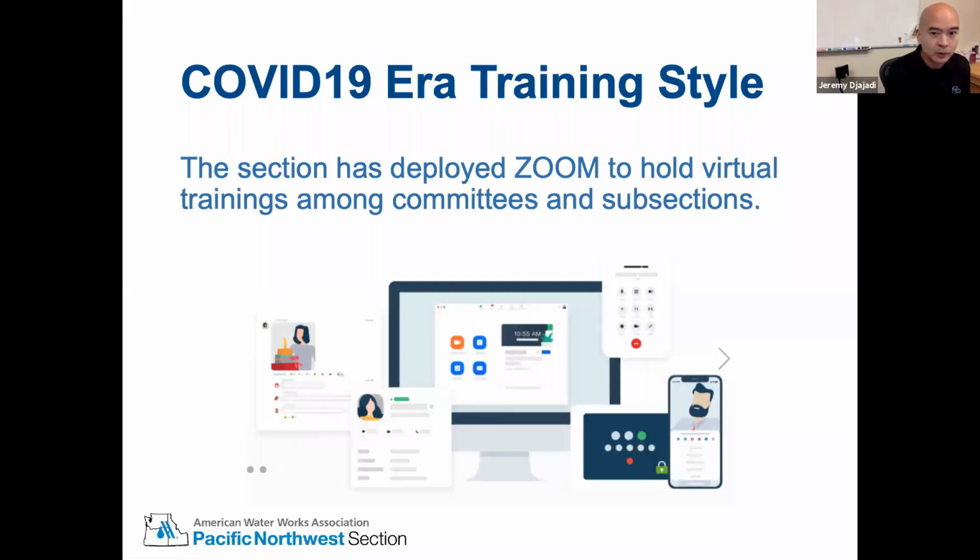CEUs approved, and we go to one class for about half a day or a full day, and we get our 0.6. Well, now, sadly, there's no more in-person meetings. So at the same time, we still have to get our CEUs reported for this period. So the section has decided to actually formalize this in terms of having a virtual training, and that is by